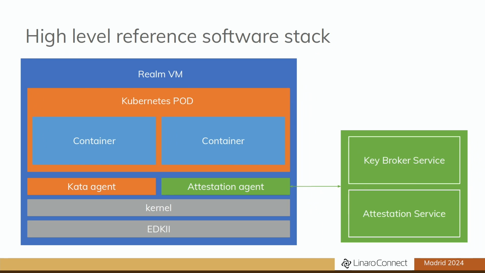Another important aspect that I didn't mention so far, but is extremely important in confidential computing, is the right side here: the attestation agent, the attestation service, the key broker service. So what that means is, when you are running a confidential workload, you not only want to make sure that the workload is isolated from the host and from the rest of the data that is executing in the machine. You also want to make sure that the workload you are running is exactly what you expect it to be, that it hasn't been tampered with by an attacker, that it hasn't been changed in some way, right?